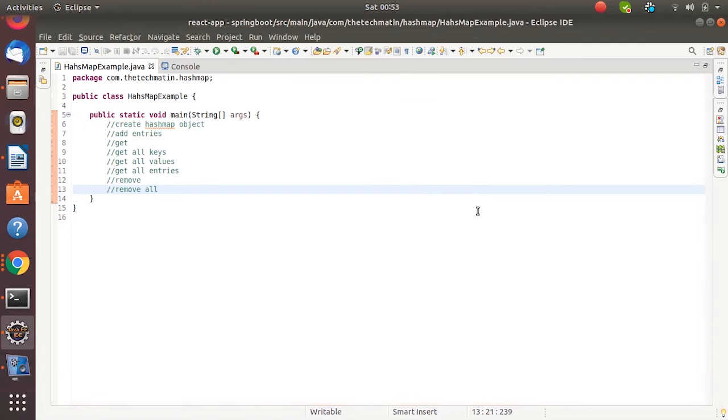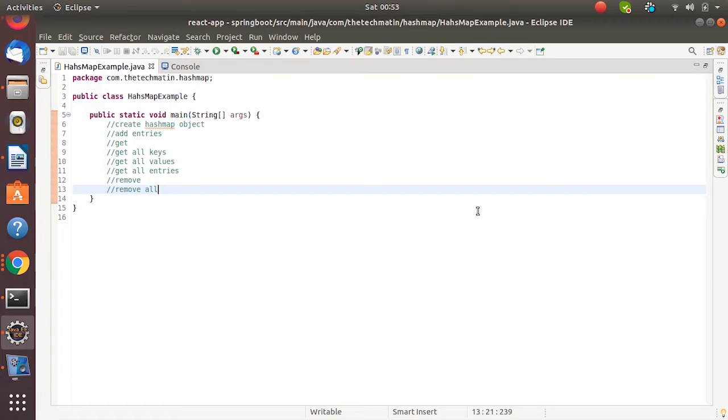Hi there. In this tutorial, we are going to learn about hash map. In the previous Java tutorial, we have seen about array list, where we learned that array list is an ordered collection, basically a group of objects, and we access a stored object using the index. So in this tutorial, we will try to understand the working of hash map with examples.